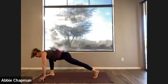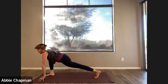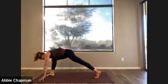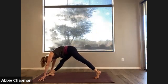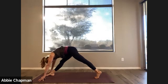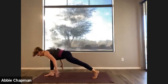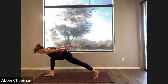Come up onto your fingertips, sink into your front knee. And then push back and straighten your front leg and just hold here. So if you want to bounce, you can. I'm just going to hold today, hugging my left hip forward. One more breath. And then bending into the knee, we're going to reach the hands back and float the chest,